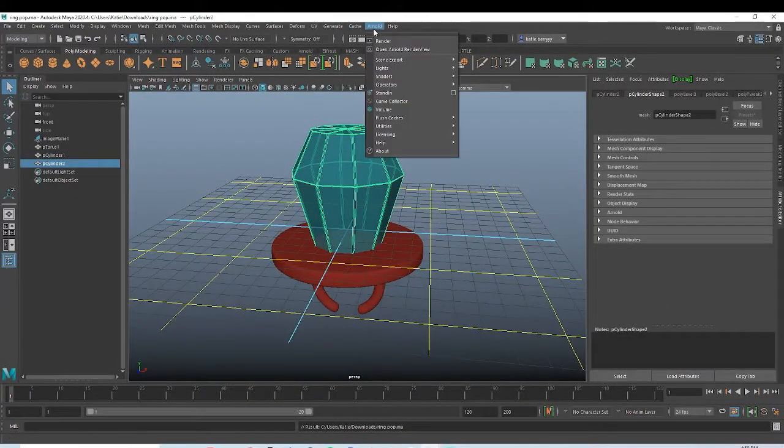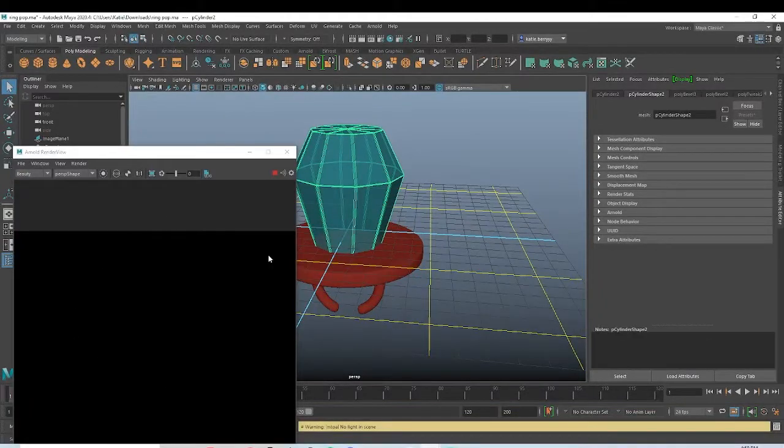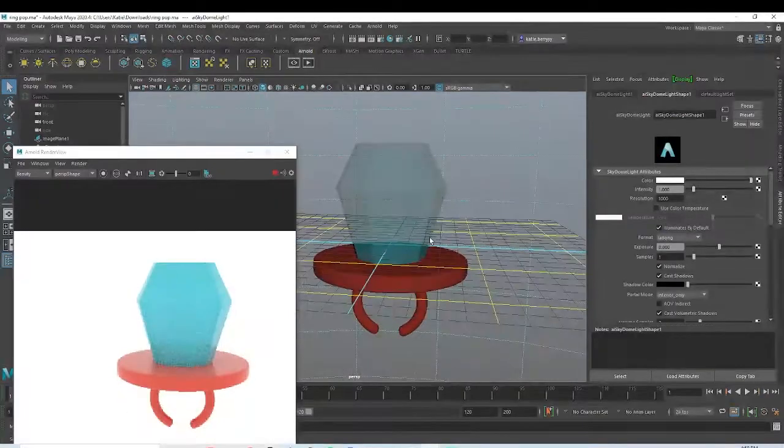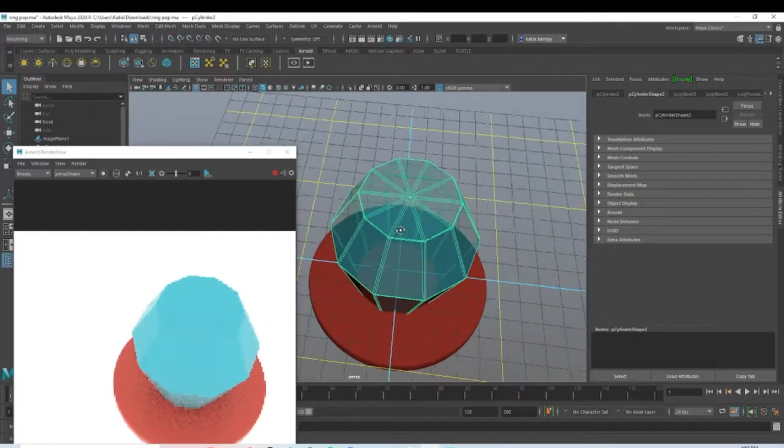And then I'm going to click on Arnold Render. Nothing will pop up yet. That's because there's no light in our scene. So click on Arnold and grab a sky dome light. There we go. All right, I think